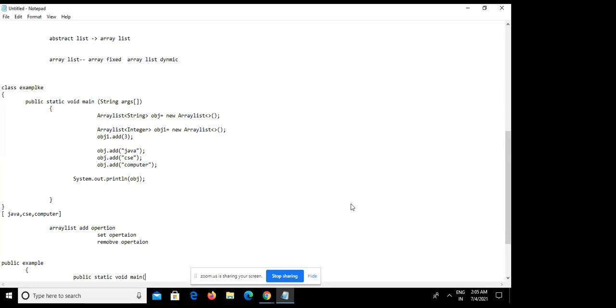So what do we basically use? We need to create the object of ArrayList. Some people here already know, that is okay, but the new candidates must also know why ArrayList, why collection, and why array is also there, why ArrayList came. ArrayList came because it gives some extra features that are not available in the array, like the add operation, set operation, remove operation. So that is what I am teaching first, then I will come to them one by one. Don't be in a hurry. One class is not enough.